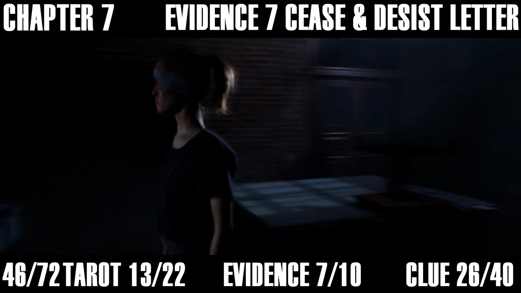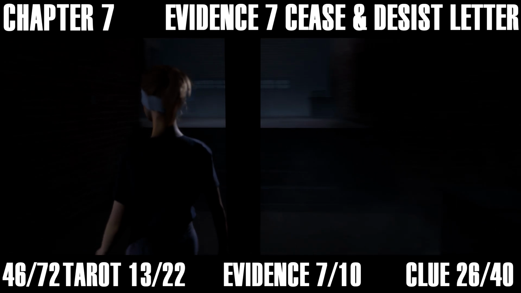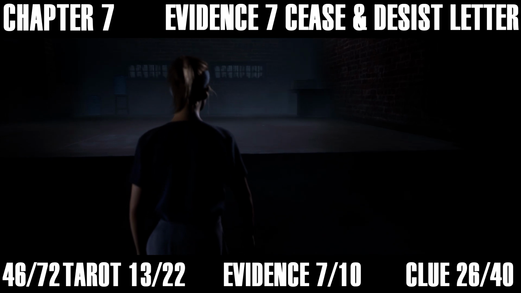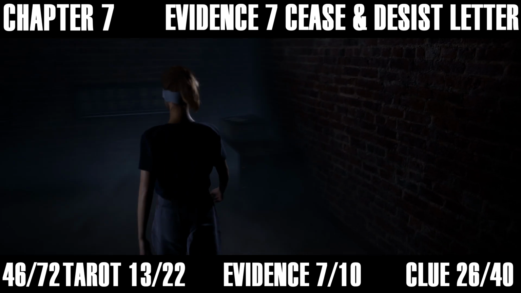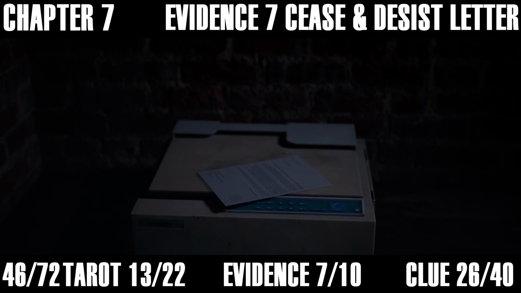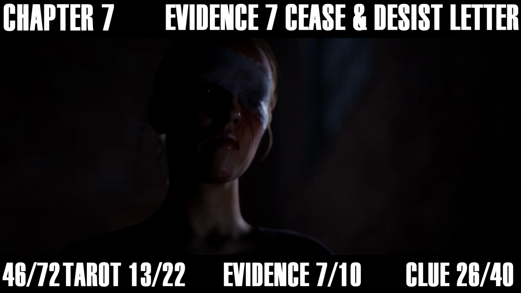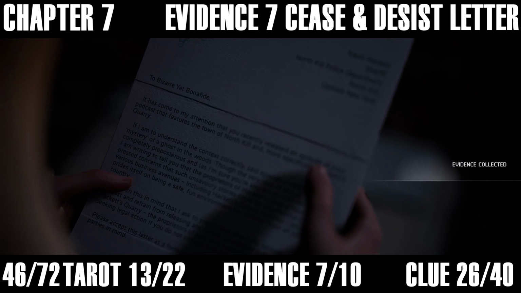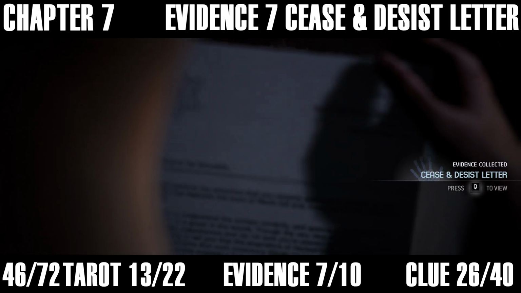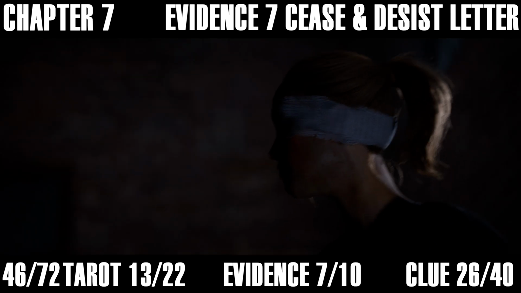Next up, we've got evidence number 7. This is in one of the corners of the room over here, next to the computer room. This piece of evidence is in the copy machine right there. What are you hiding, Travis? All right. So